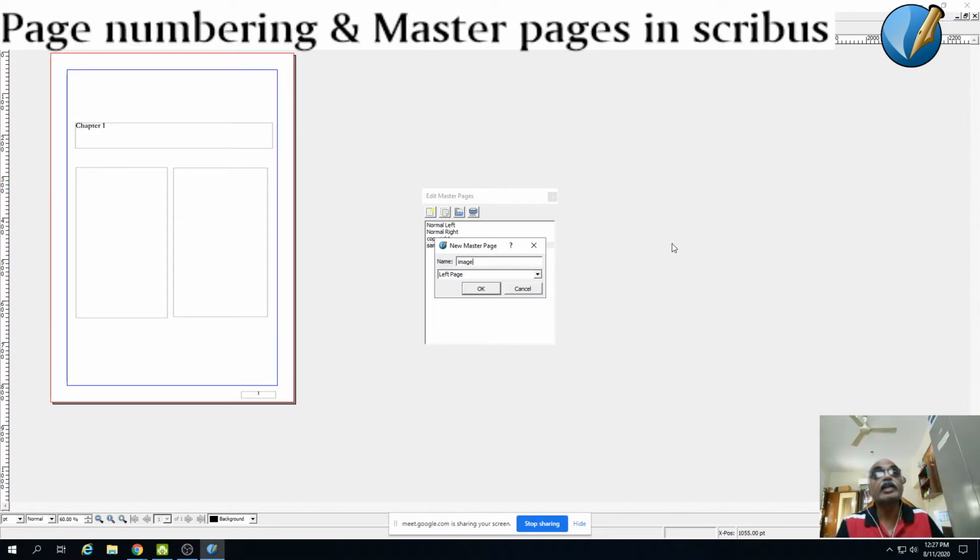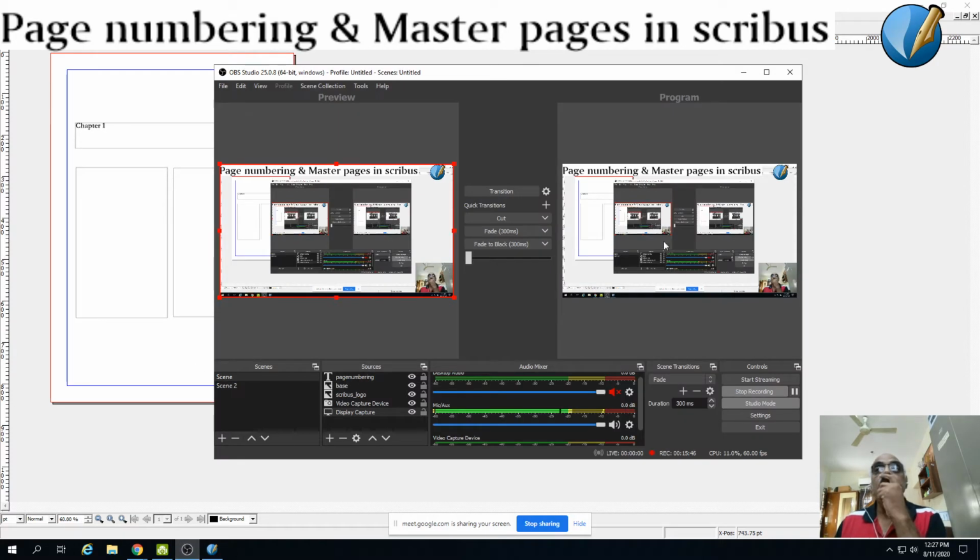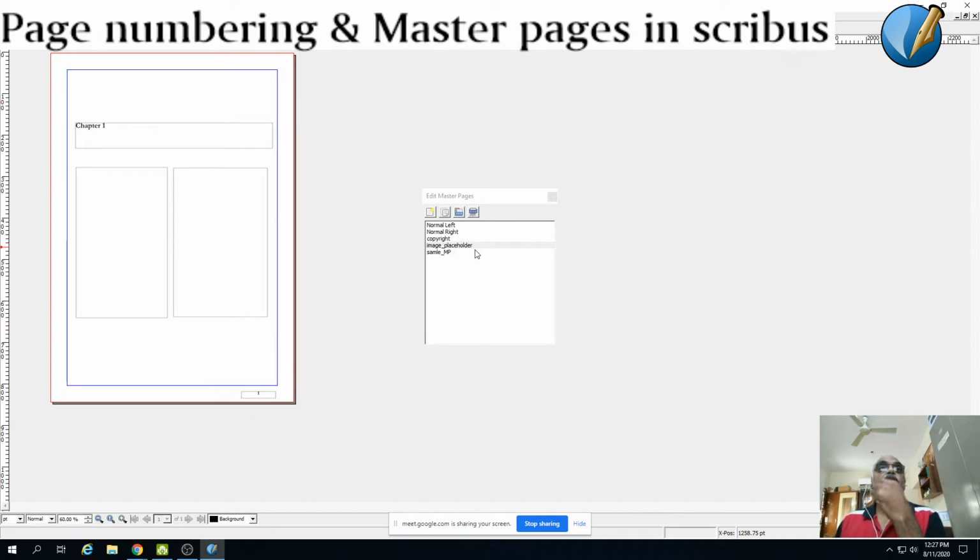I'm going to name it as image placeholder. So that is the master page I'm going to create. So this is the image placeholder.